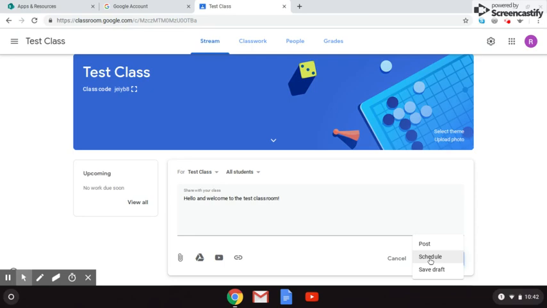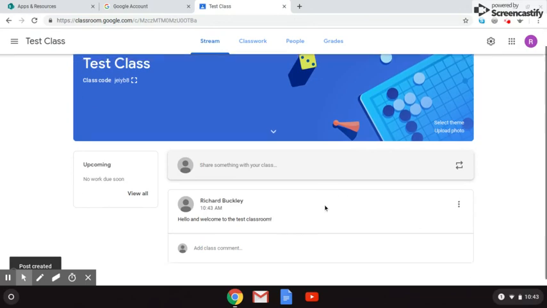Schedule will be a really powerful thing to use once you're more confident with it, because you can set a load of things all in one go, but then you can schedule when they appear on the class. So going back to this idea of saving time and not having to remember and reducing workload, if you know what all your assessments are and when you want them to deliver, you can whack them all up, but you can schedule them at the dates you wish them to appear. Then if you're not sure, if you've run out of time, you can save it as a draft so you don't have to go through it again. But because I want to post it straight away,